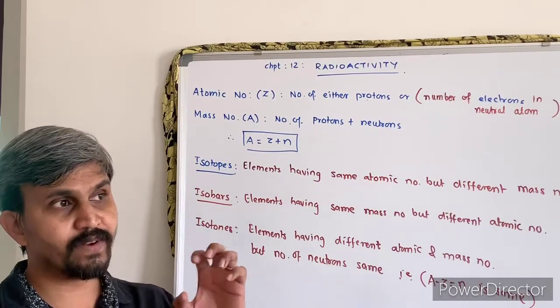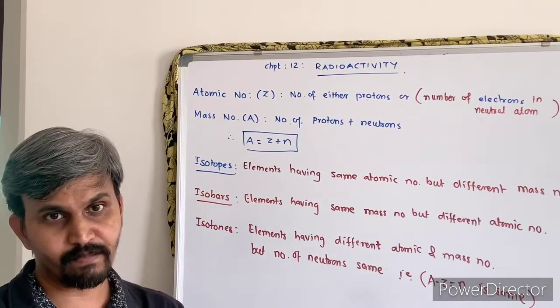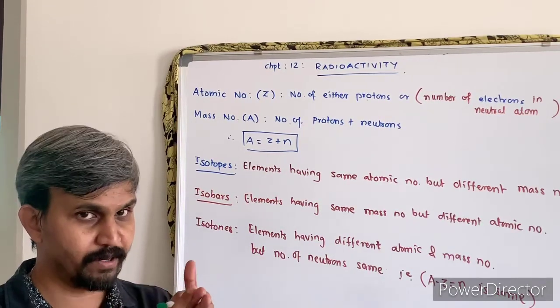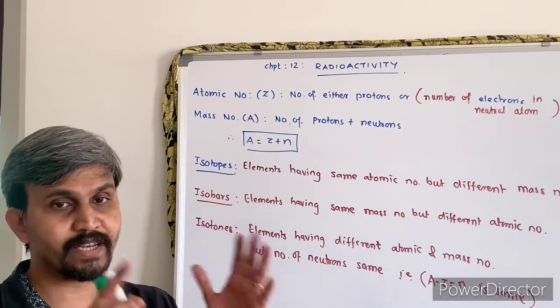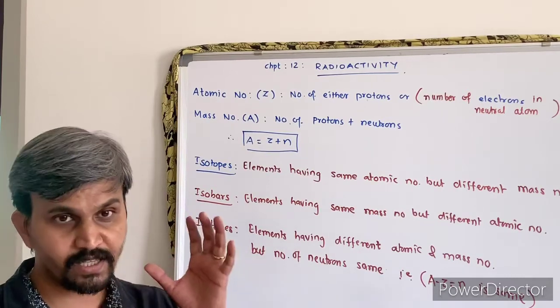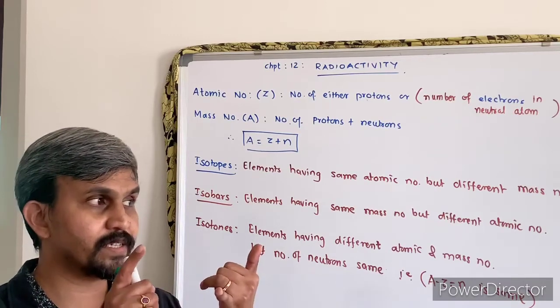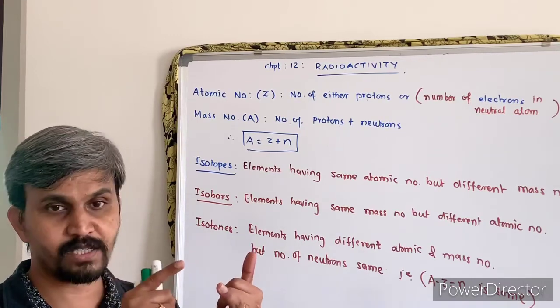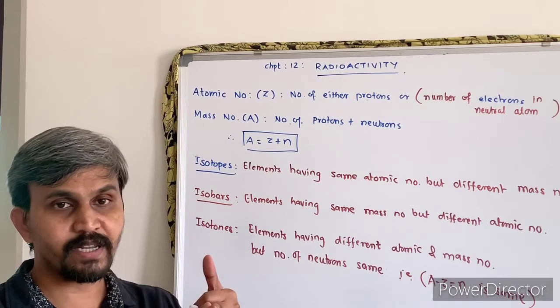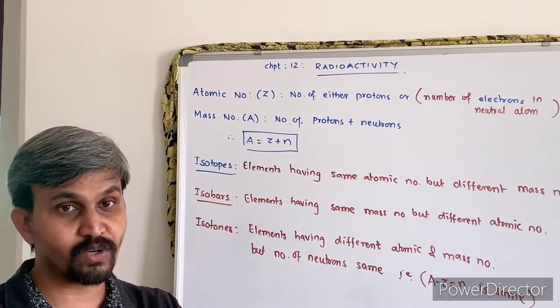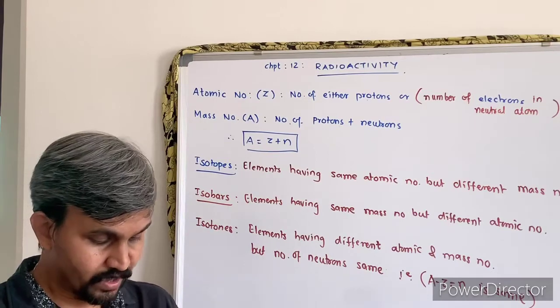A radioactive element becomes stable by emitting either alpha or beta, and gamma. It is not alpha, beta and gamma together; it is either alpha or beta, and gamma. Alpha particles are positively charged, beta particles are negatively charged, and gamma rays are nothing but electromagnetic waves. They do not carry any charge.